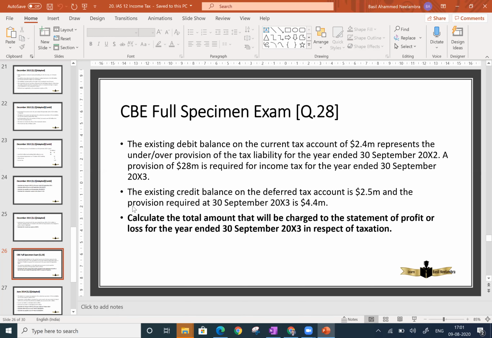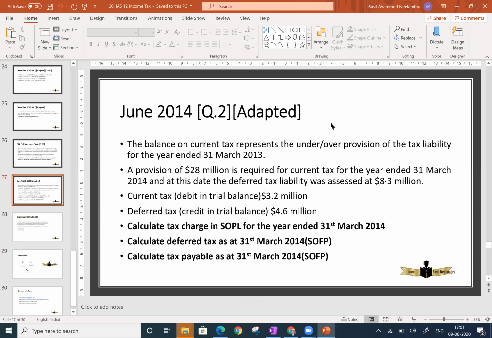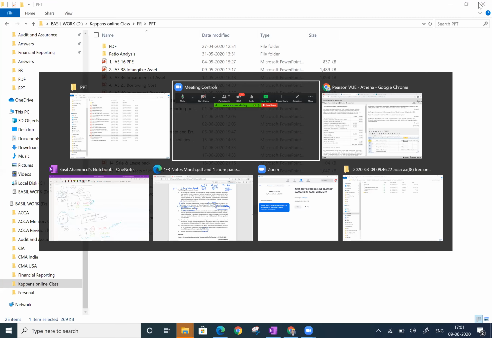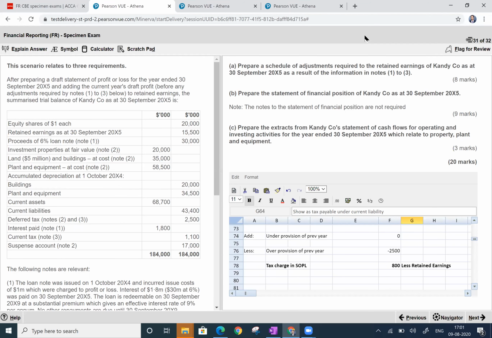See, specimen exam. You already done that. This question was also from specimen exam. You're practicing specimen exam. It has been already done. Okay, now let's